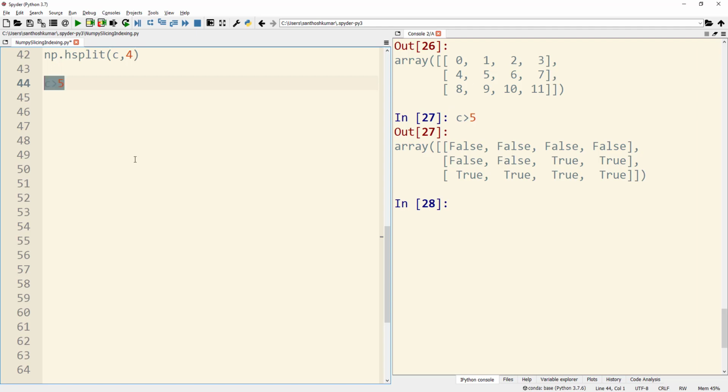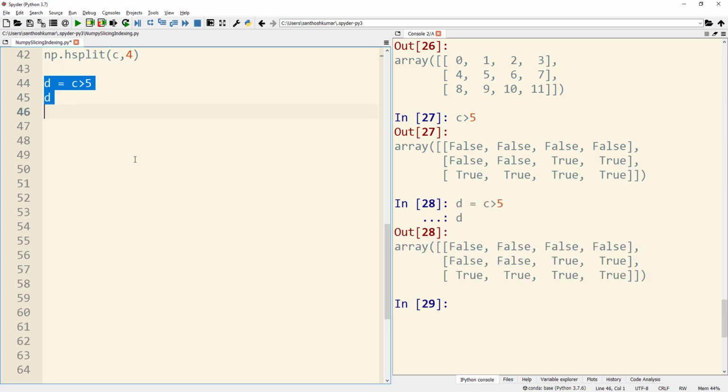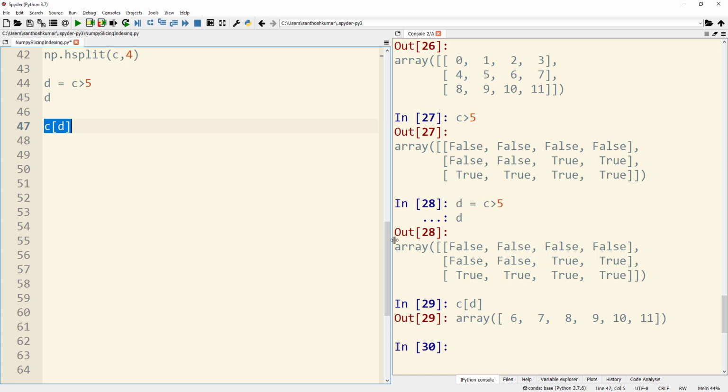So I can just store the output in another array by name D, and then I can print out the array D. When I run this line of code, you can see that array D is having all these boolean values. So now when I give C, and then if I give another array D in this syntax and run the piece of code, then you can see that 6, 7, 8, 9, 10 and 11 are displayed.